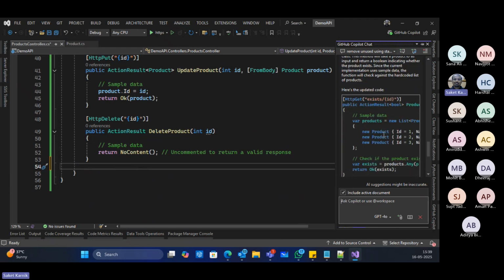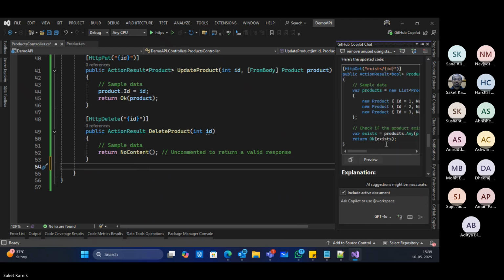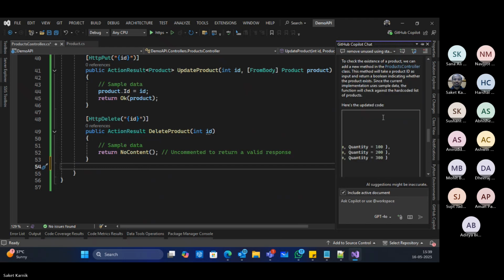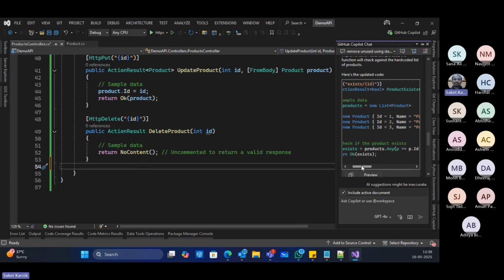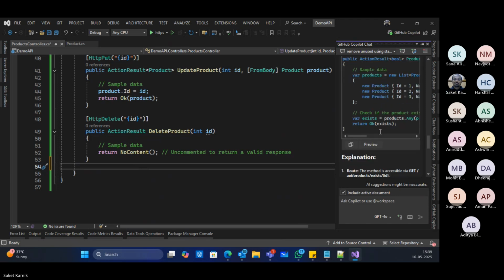It will just give me that. See, action result bool. And if I see the name of it, product exists by ID. Checking. Yes.